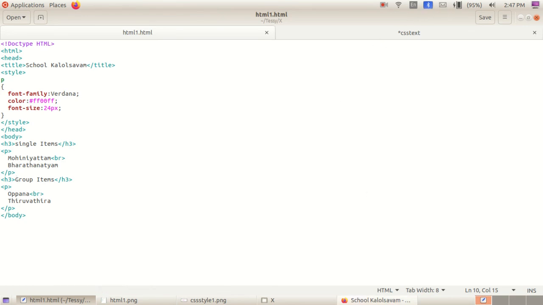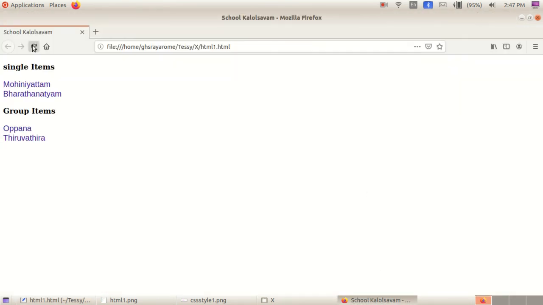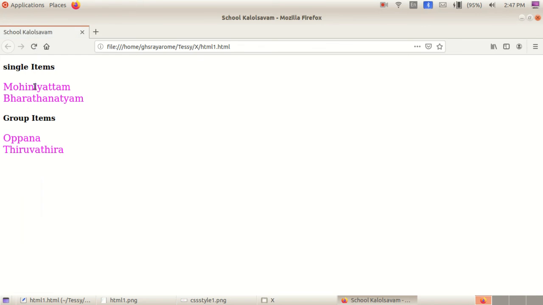After that we want to refresh. Do you understand? The size is changed and the color is also changed. We made the change in only one place. The same color and same size we got for both of the paragraphs. Like this way we can change the H1, H2, H3 sizes also, children. That we will do in the next class. Okay, I think all of you understand.